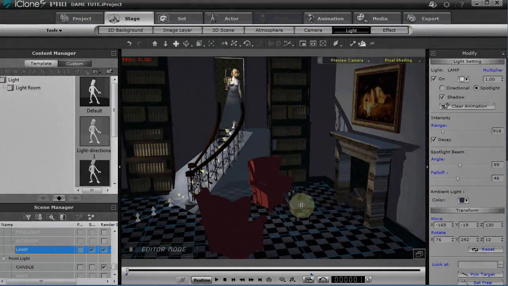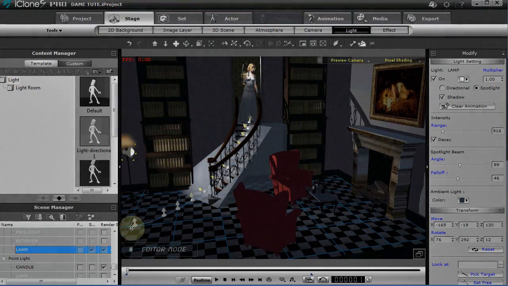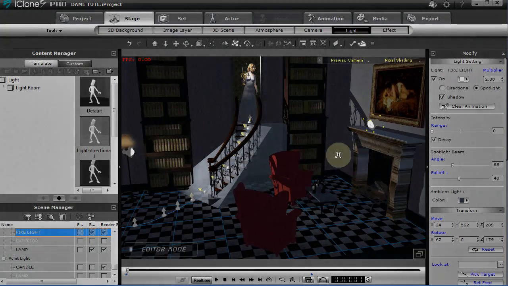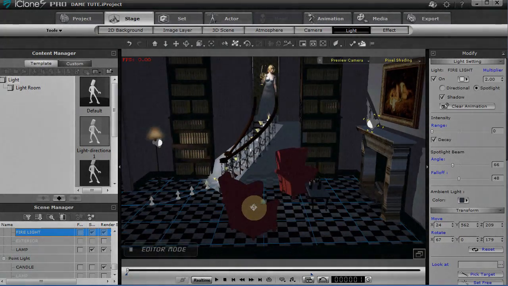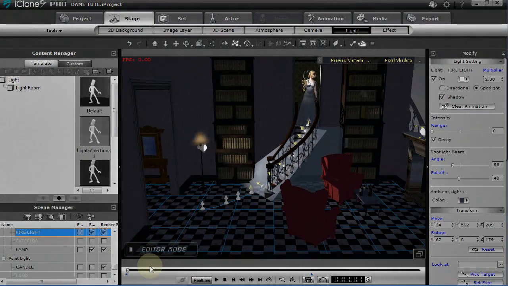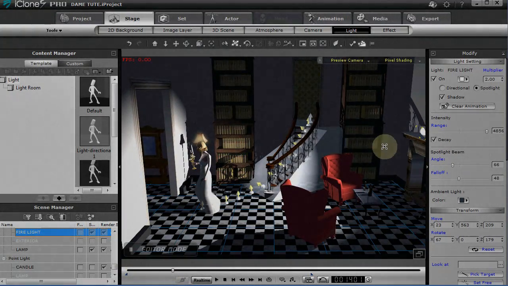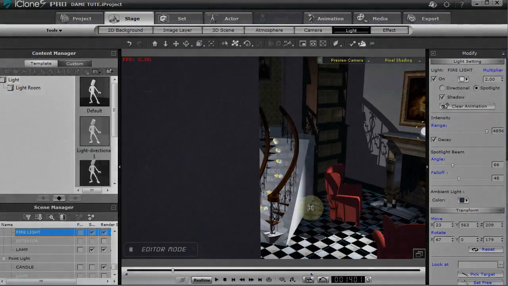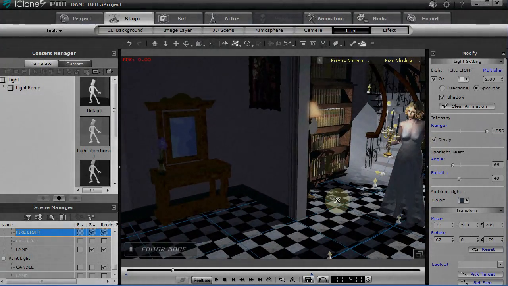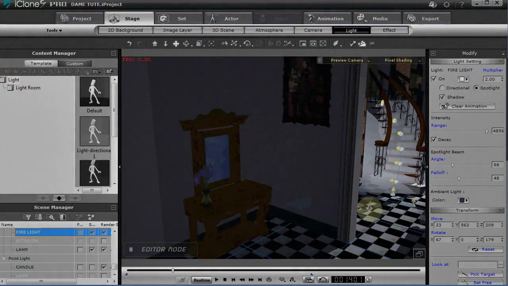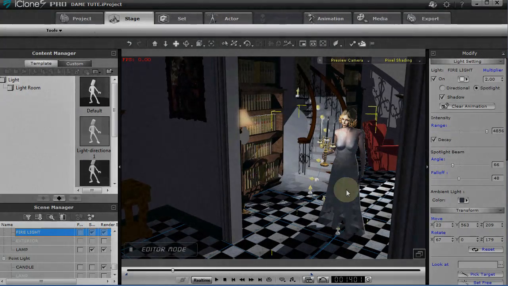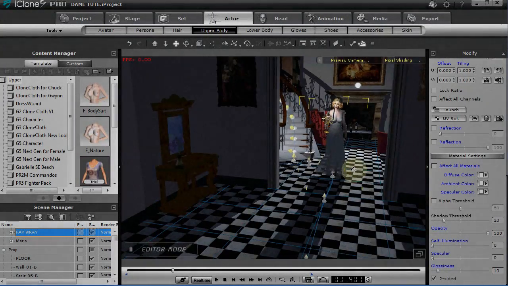I created a simple fire with some particle effects. So we needed a firelight. That's going to be able to cast a light down the hallway of her shadow as she gets down here to the hall. And when it comes down here, then I'm going to turn that light on. I put a keyframe on it, so now it's going to cast this shadow right here down the hallway, which